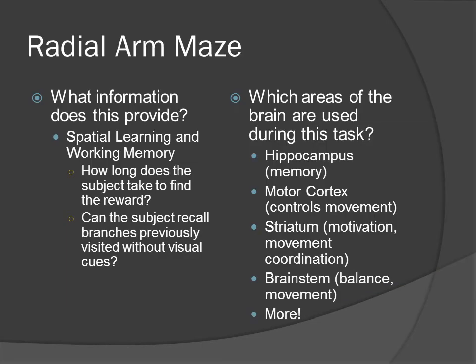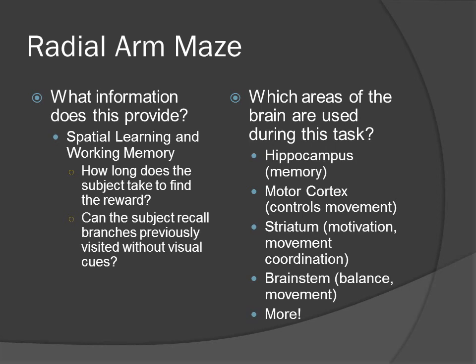The radial arm maze is a behavioral test in which arms extending from a blank circular chamber are all empty except for one arm, which contains a reward. The rat performs this test multiple times in an effort to return to the same chamber and find the reward more than once. This test provides information about spatial learning and working memory, and shows information about the hippocampus, motor